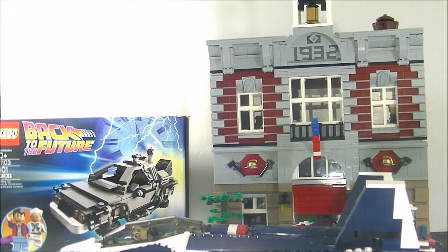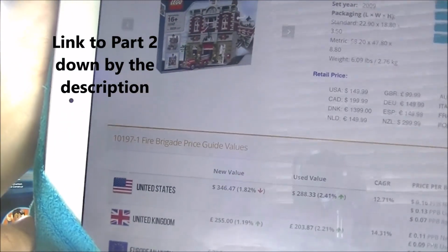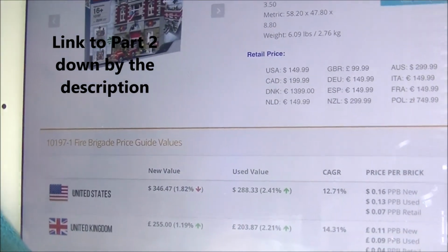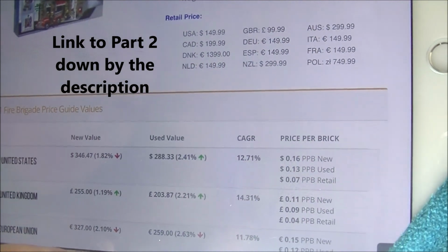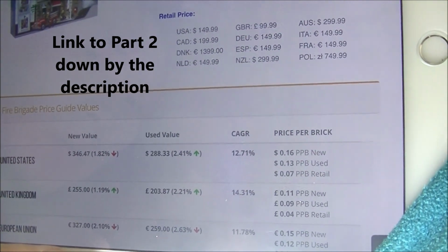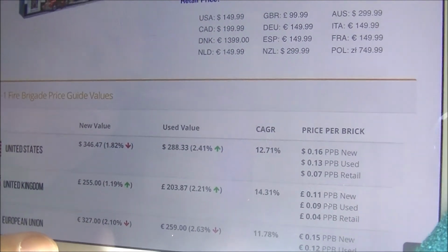And let me show you what it goes for. On BrickPicker, it tells you in the US, let me see if it's going to focus or not, but in the US, a used set typically sells for $288 and change. So